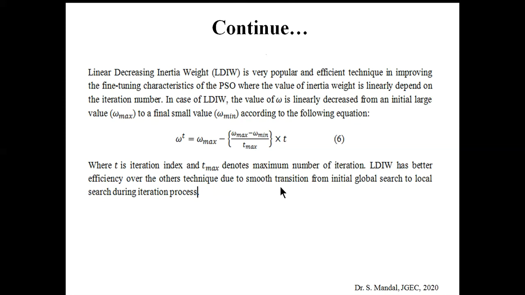Initially the value will be 1, then 1 multiplied by 0.99, that means 0.99. In the second stage it will be 0.99 multiplied by 0.99, and like this it will gradually decrease. However, apart from this, LDIW has the superior performance. So we have also used this strategy to explain the pseudocode and the corresponding flowchart of the PSO.